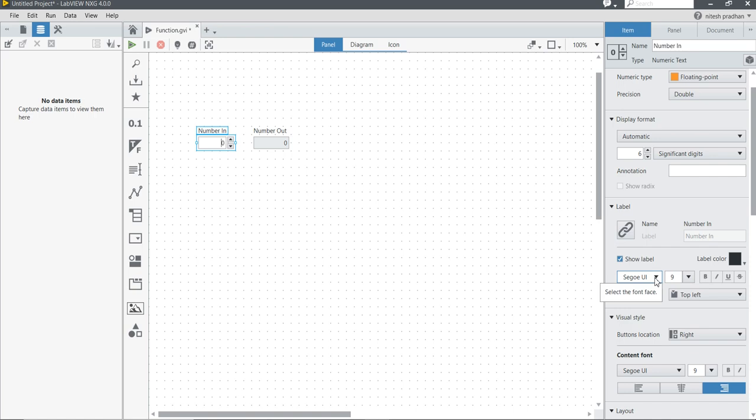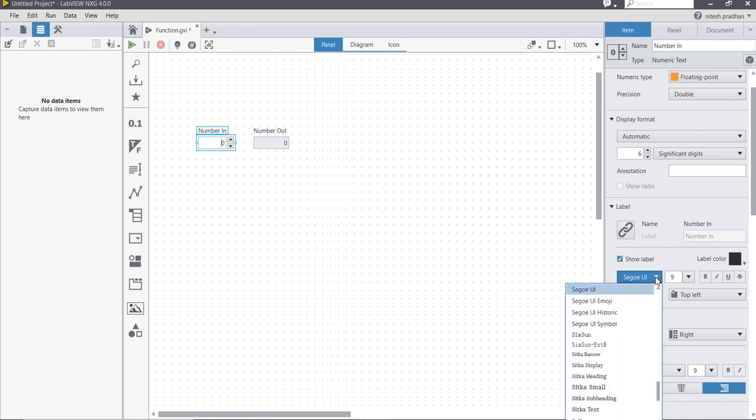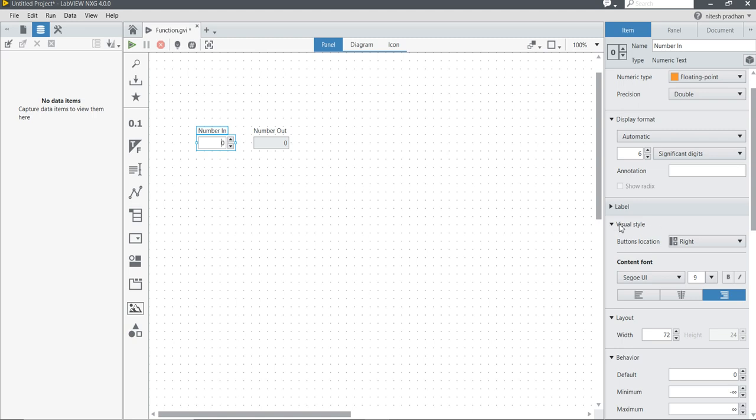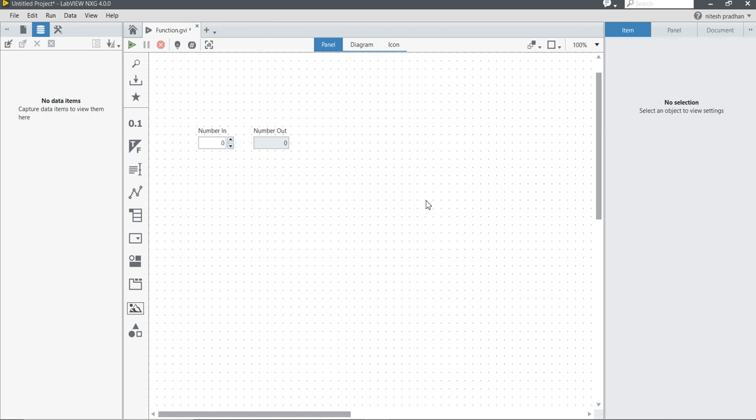Later in some video I will teach you how we can change these. Here it is our look, font related things, so it is not important. So I'm going to minimize this one, label. Label style, visual styles. Look at here, it's left, and here it is right. And the button icon, increment and decrement button icon, is here. We'll discuss all those things later. So now it is front panel, sorry, it is our numeric controls and our numeric indicators.